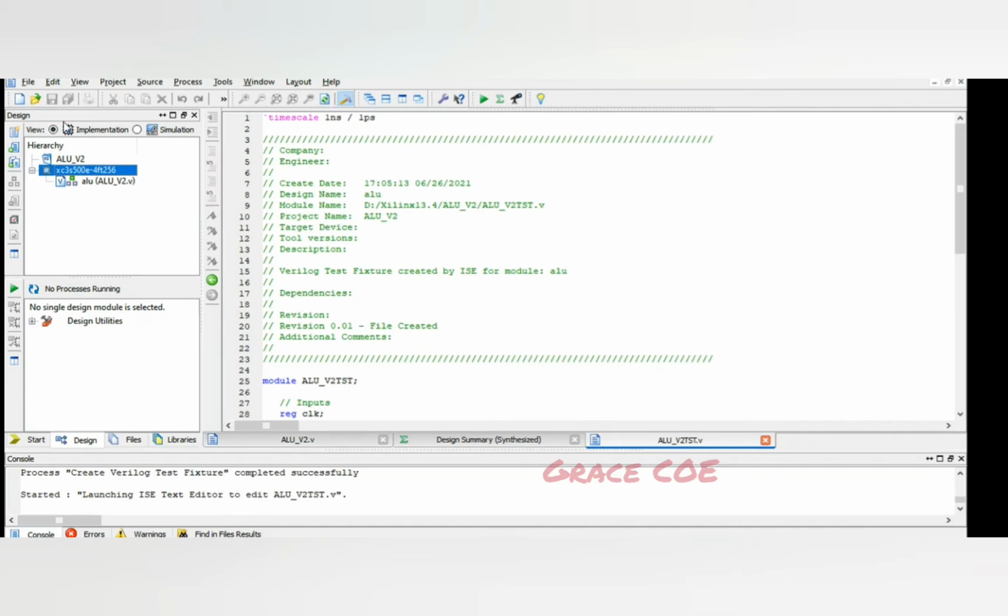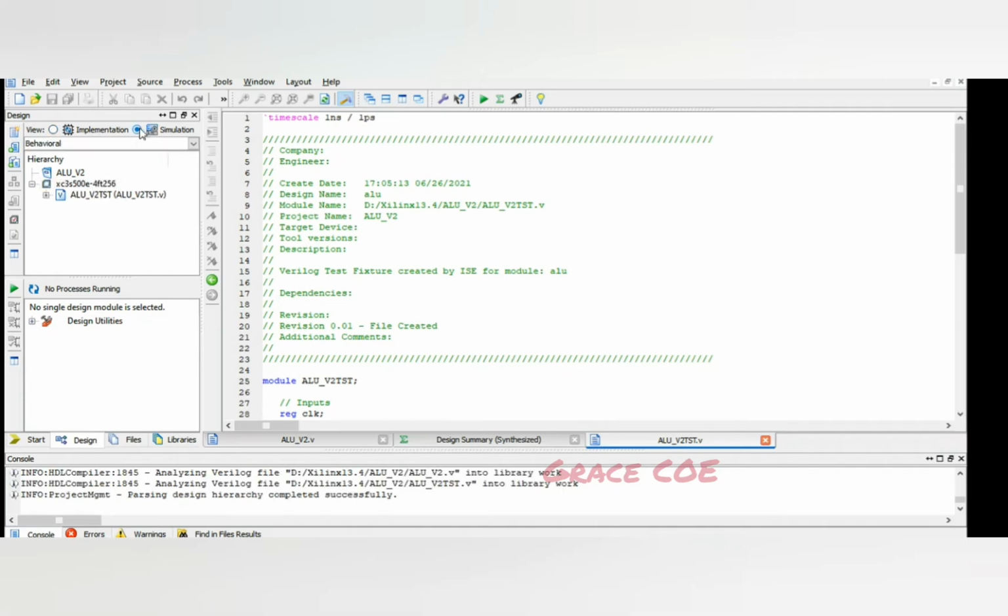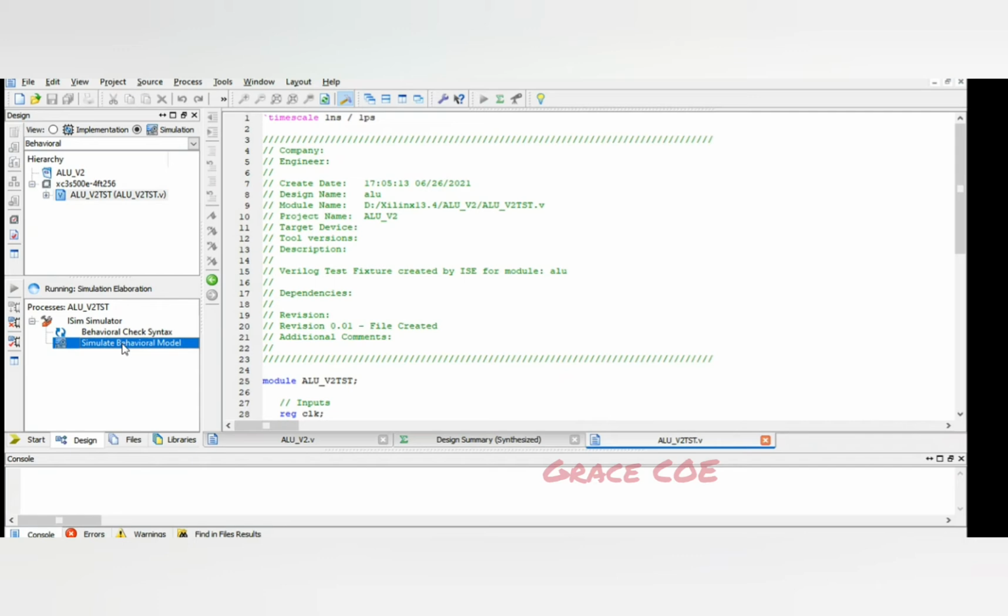So earlier when we checked for syntax, the design view over here was in implementation mode. Now we are going to check for the simulation, so we'll have to select the simulation mode over here. Just select this button, simulation, then click on this test bench name, and now we can expand this iSim simulator and click on simulate behavioral model.